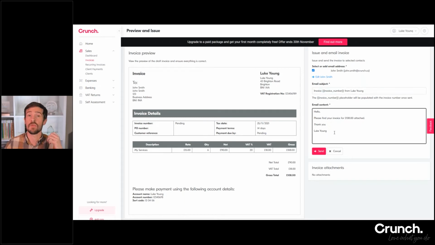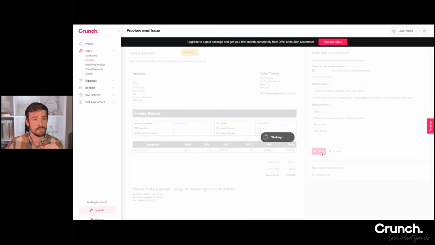And then underneath, you've got the body content. Now, again, change it to whatever it is that you want to say. I'm aware this is very, very generic, but put whatever you like in there. I'm happy with this though, so I'm going to press send,